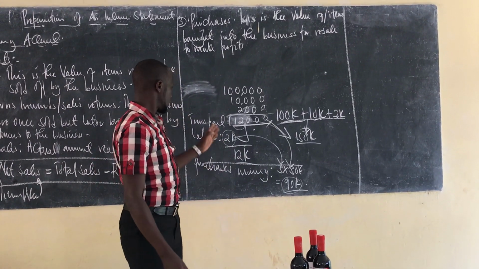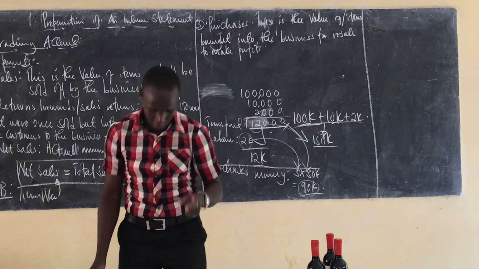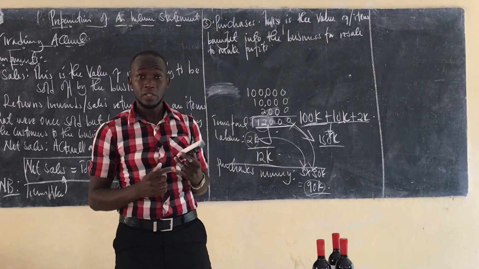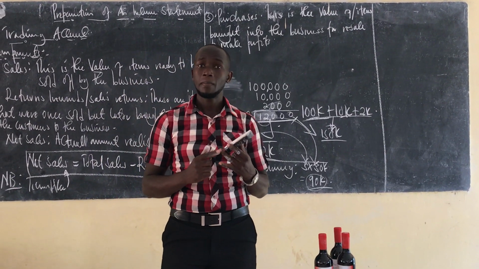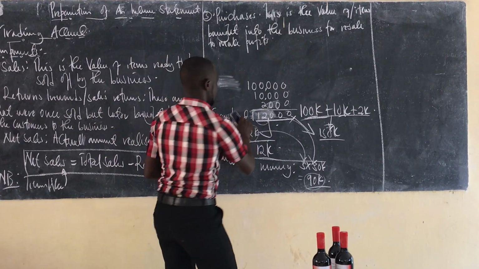Why have I brought in transport and labor? Wherever we are looking for the total purchases of the business, please, money for transport is important. That's what we call money for carriage. Then money for the other labor, what we call a wage. Implying that